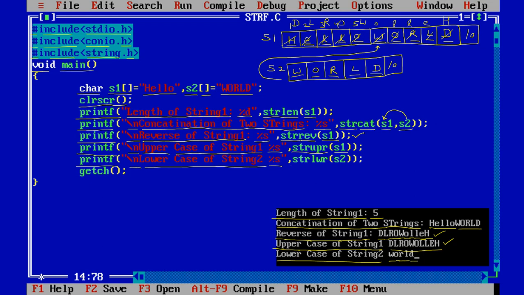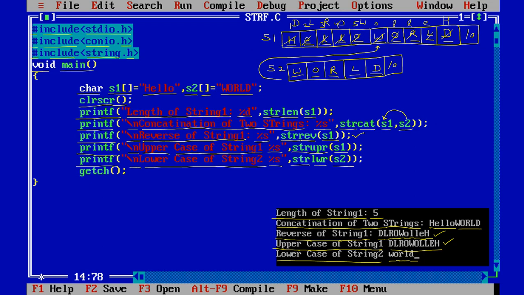So now this string lowercase is going to convert the capital letters to small letters. So that is the program of string functions. So we have learned various string functions like finding the length of the string, concatenating the string, finding the string reverse, string into uppercase and lowercase.